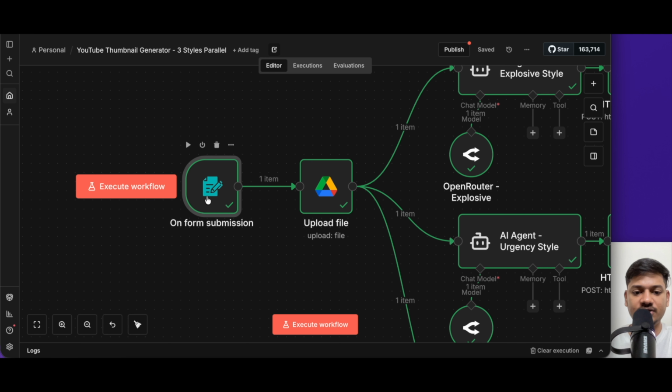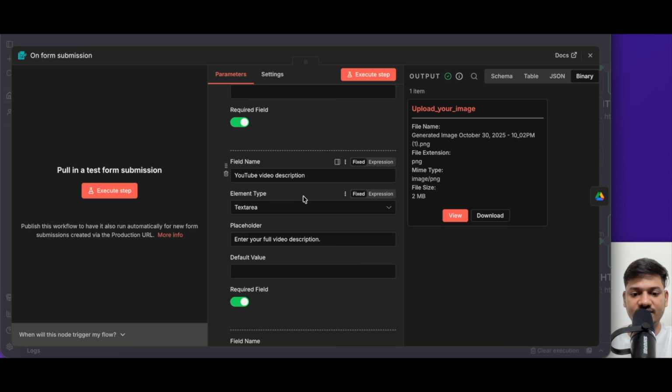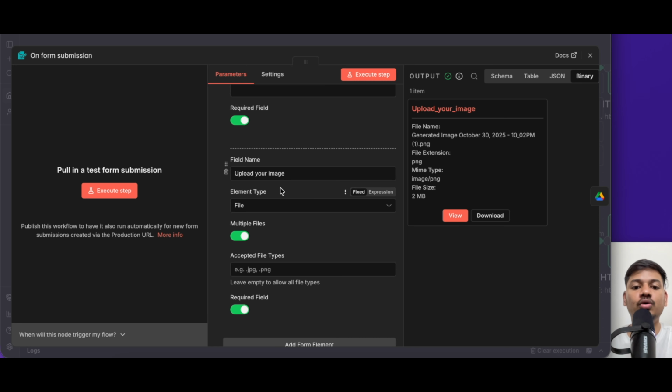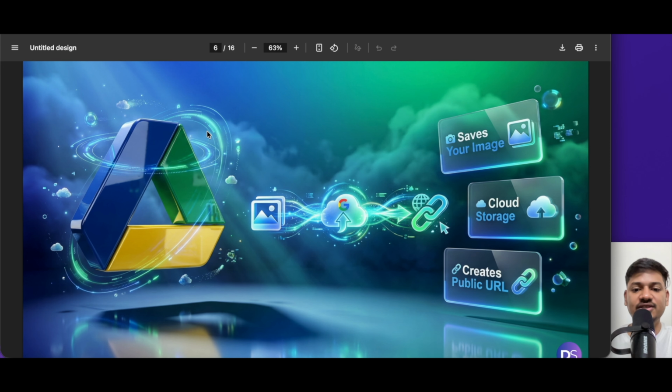So if I open this, you can see we are asking for video title, then we are asking for video description, and then we are asking to upload the image. Okay, so this is what happens here. So the second node that we have is upload a file to Google Drive. The reason we are having this node is because we'll be uploading an image and we need a public URL for that image, because this public URL will be sent to Fal AI, where we'll be generating the